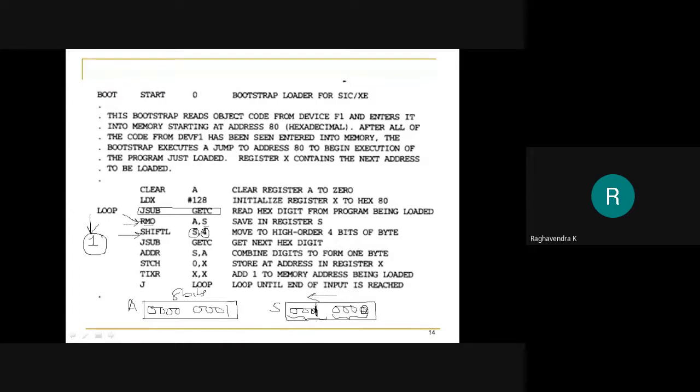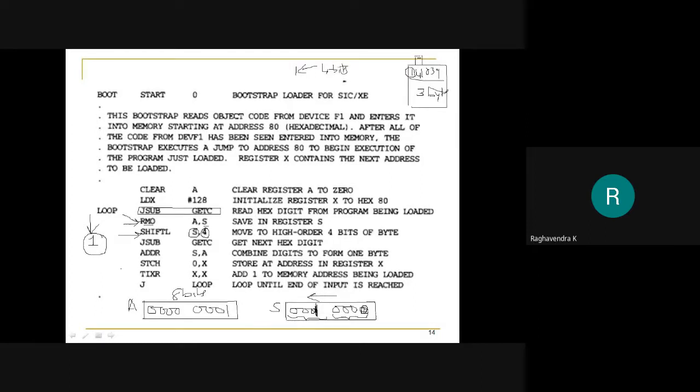The reason why we are doing this is, when I read the value from F1, 141039 is there, correct? So this entire instruction is how many bytes? 3 bytes, correct? So when I read 1, how many bits should it actually be? This should be only 4 bits.